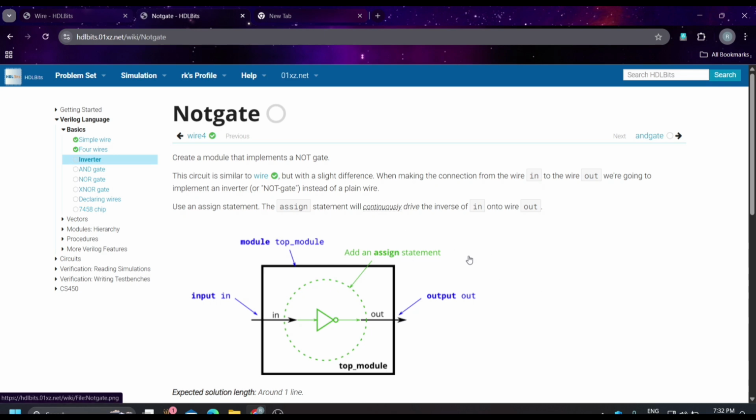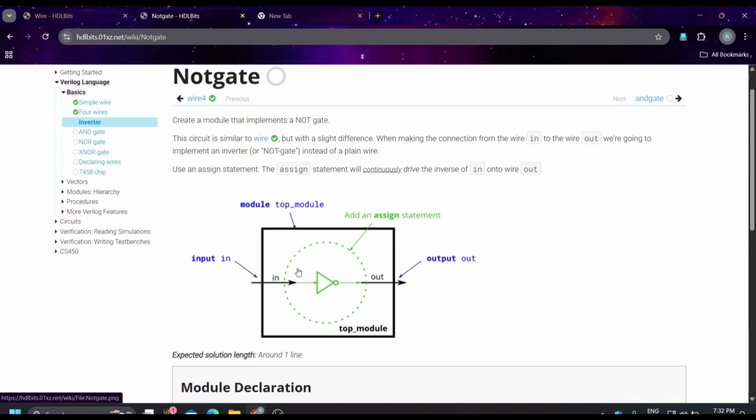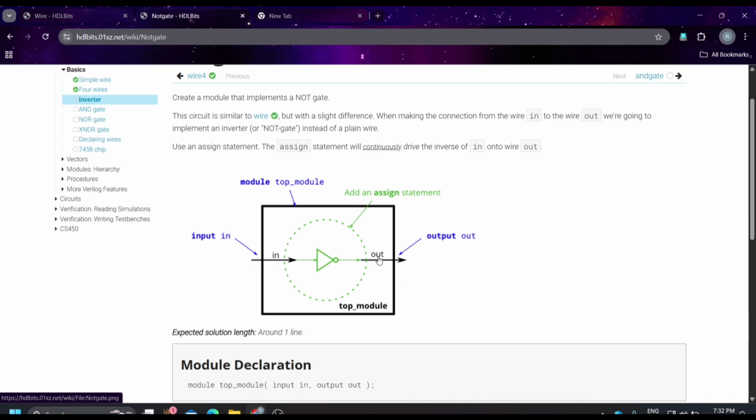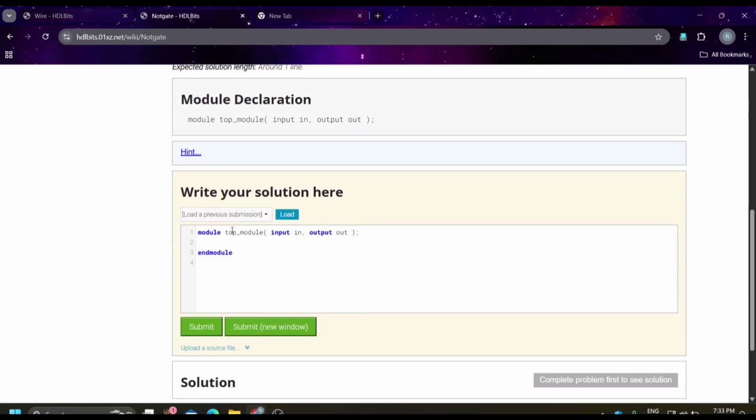This is a NOT gate based question given here. There is one module. Inside that, one NOT gate is given, the input is coming to this NOT gate, and on the output side we are checking. So we need to assign the output port as a NOT of this input. Let's write it here. The module is already given, and input and output are given. So assign